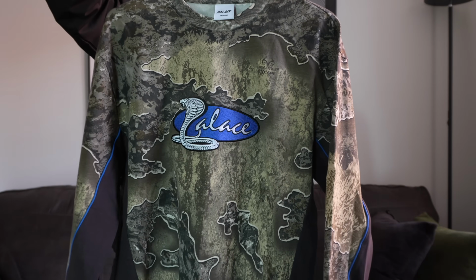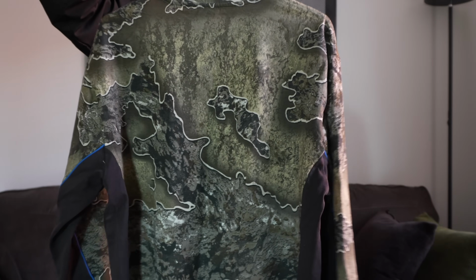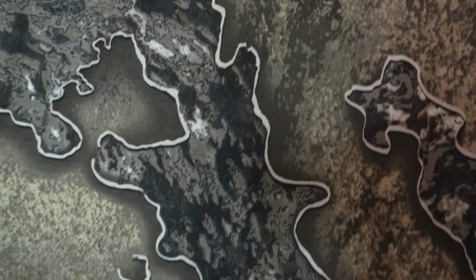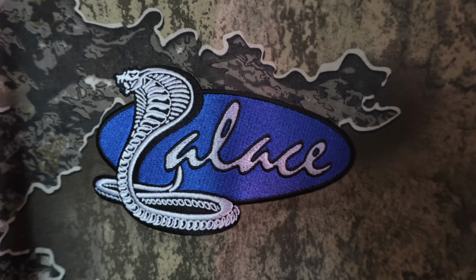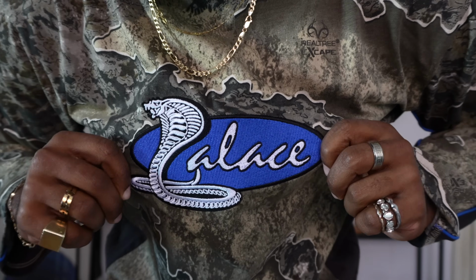Next one we got is this t-shirt from Palace. Really like the Realtree print. This is a different Realtree print, just a long sleeve t-shirt from a drop a couple months ago. As a part of that drop I also got this beanie, but basically just a camo print long sleeve t-shirt. So it comes in this greenish brownish color all throughout it. The front has the Palace logo embroidered, so it has Palace written out in white with a snake logo for the P, and then the background is in this